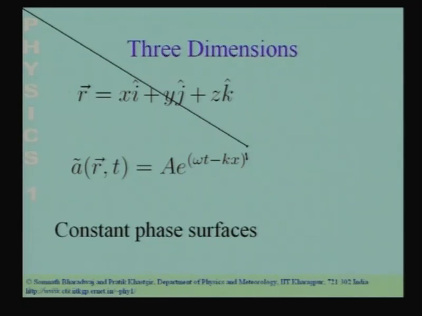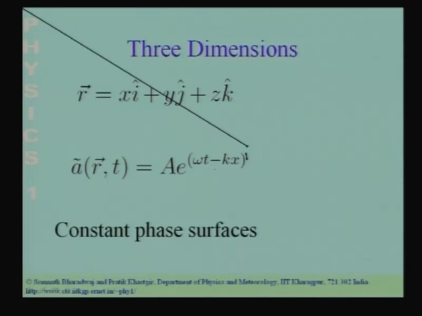Now, let us ask the question, what does the phase do; let us look at the phase of this wave. The point to note is that the phase of this wave depends only on x, it does not depend on y and z. So, if you have a displacement in 3 dimensions which is along the y axis or along the z axis or a combination of these, the phase of the wave does not change. The phase only changes if I move along the x direction.